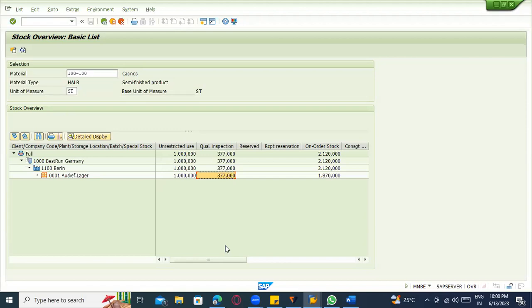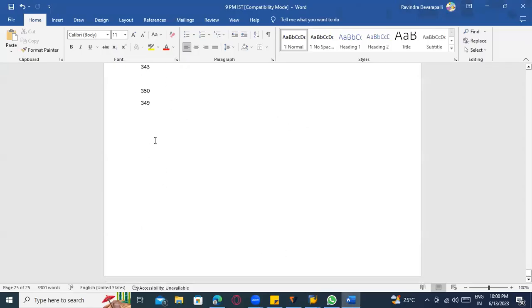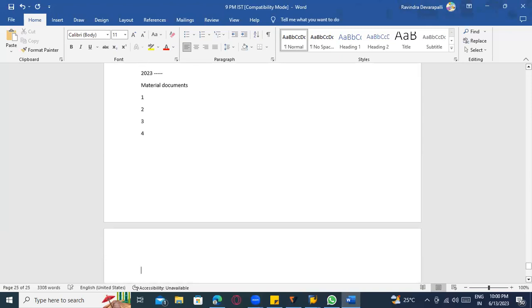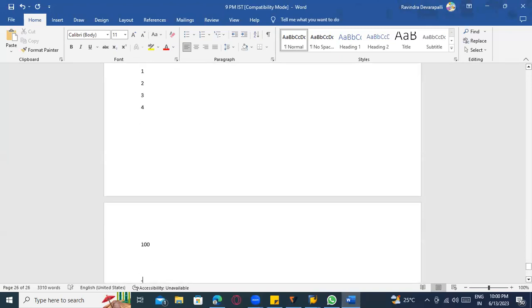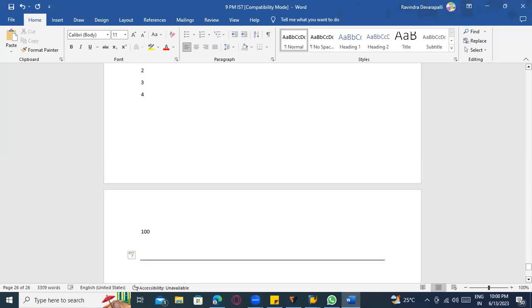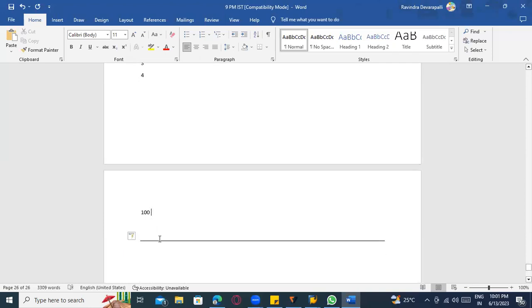Okay, I'll give you an example here. In 2023, the material documents are posted already. Suppose there are 100 material documents posted, that means 1, 2, 3, 4, created till 100. Now somebody came and changed that again. Actually the system should generate the next number, 101, based on it. But